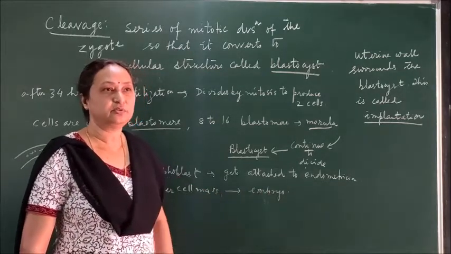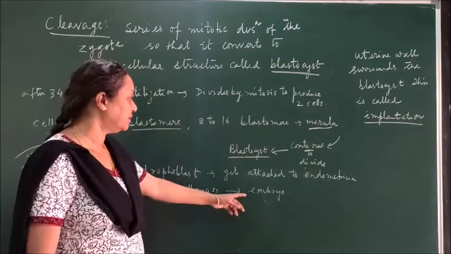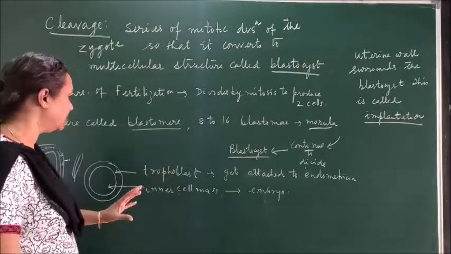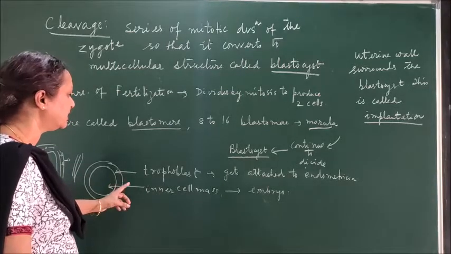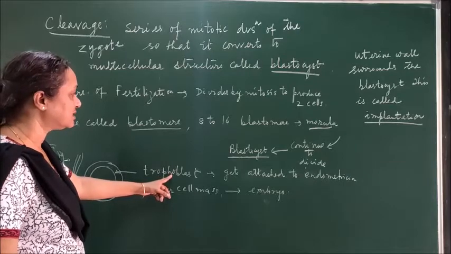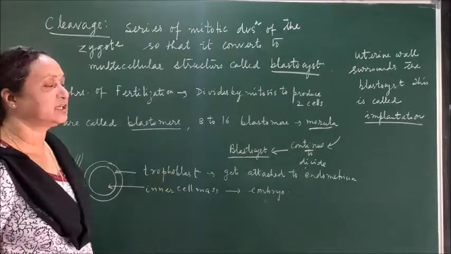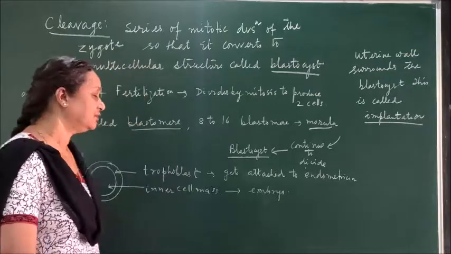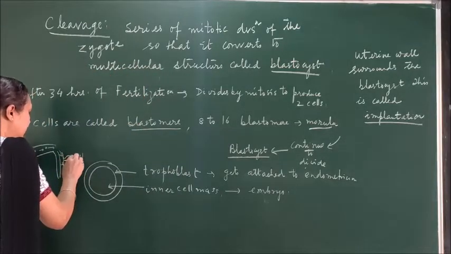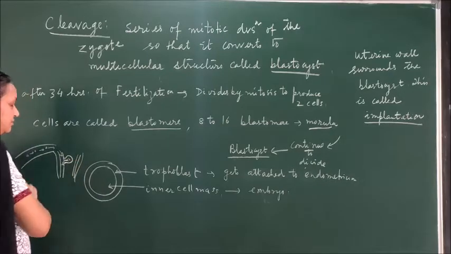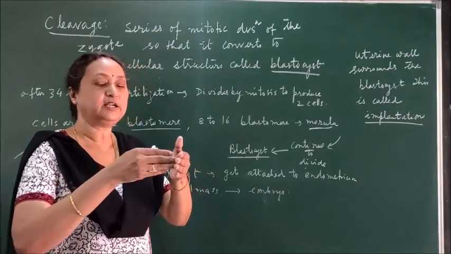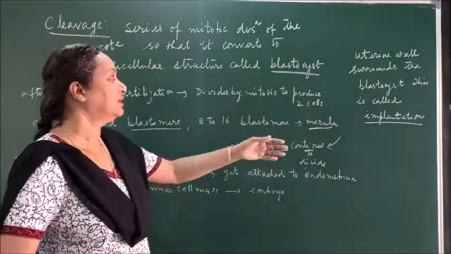The baby who develops from the embryo, all the different organs and parts, actually develop from the cells present in the inner cell mass. Whereas the outermost layer, called the trophoblast, is connected to the endometrium of the uterus. Then the wall of the uterus will start surrounding the embryo, and now the embryo gets implanted on the wall of the uterus, and the process is called